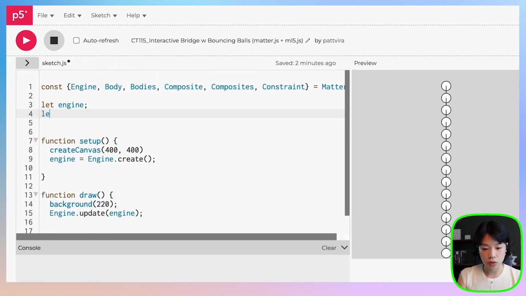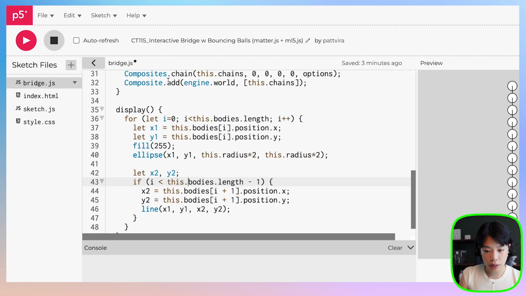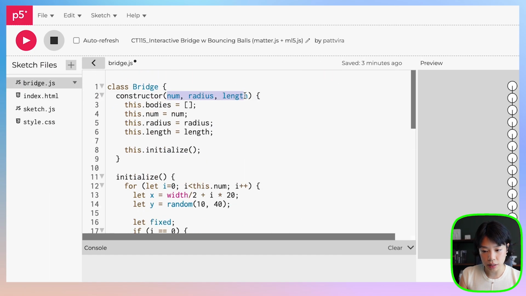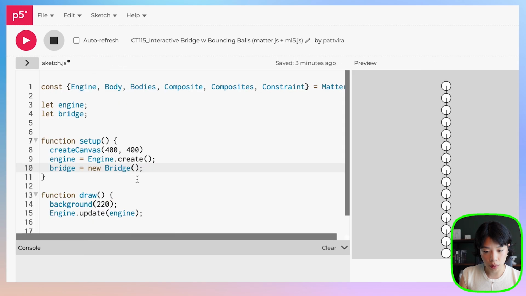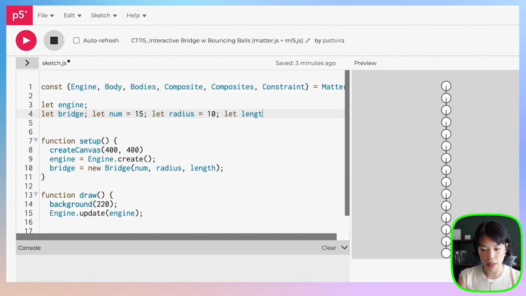So I'm going to create a variable called bridge, and then inside setup, we're going to create the new bridge object. So bridge equals new Bridge, and we need to provide 3 arguments, right? So what do we need? We need num, radius, and length. So I'm going to put this inside here, and then I'm going to create num. Let's do num equals 15, radius equals 10, and then how about length is also, actually length is